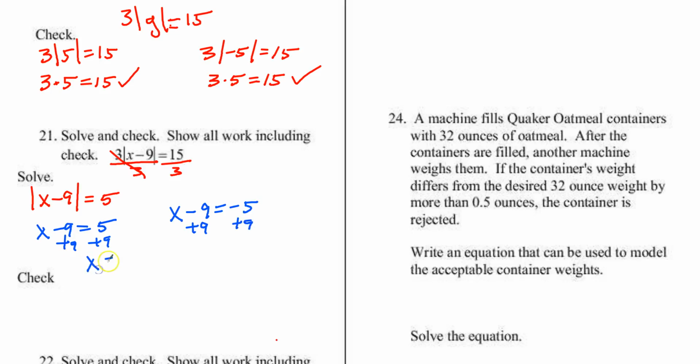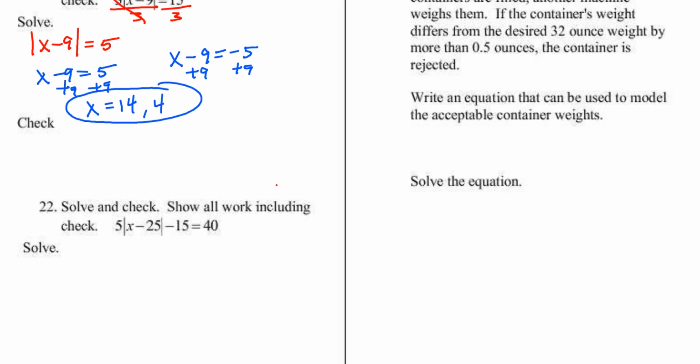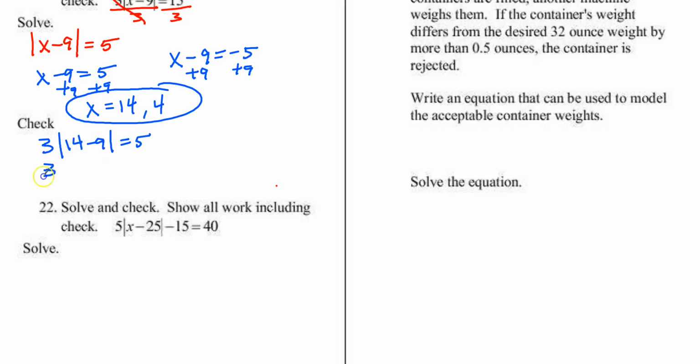So x is equal to 14, and in this case, -5 plus 9 is 4. So those are my two possible choices there. If I check my work, 3 times the absolute value of 14 minus 9 should be equal to 15. Order of operations, we treat the absolute value like parentheses. So 14 minus 9 is